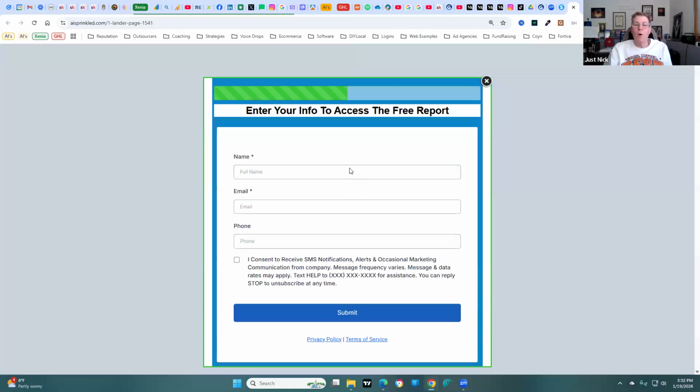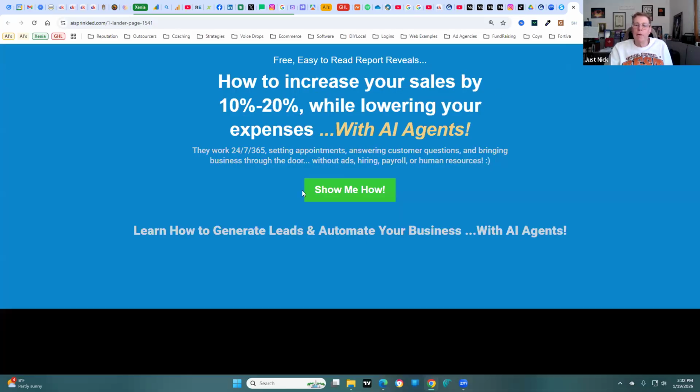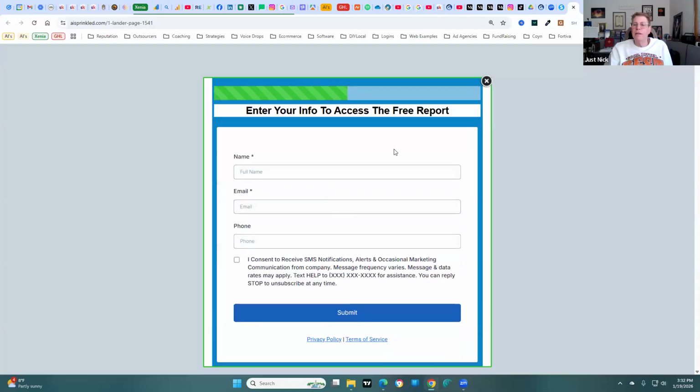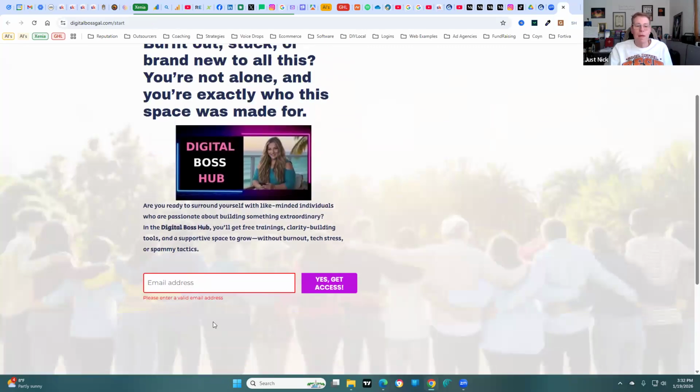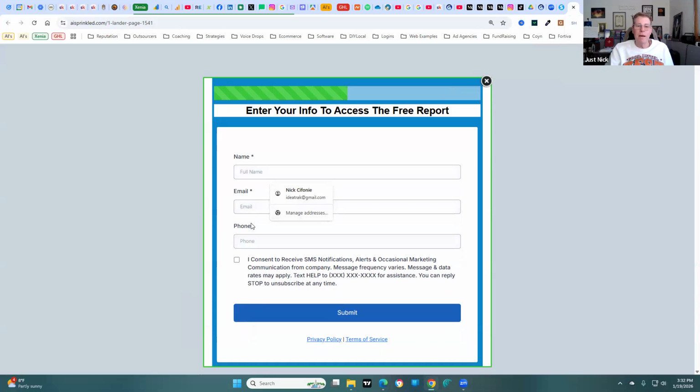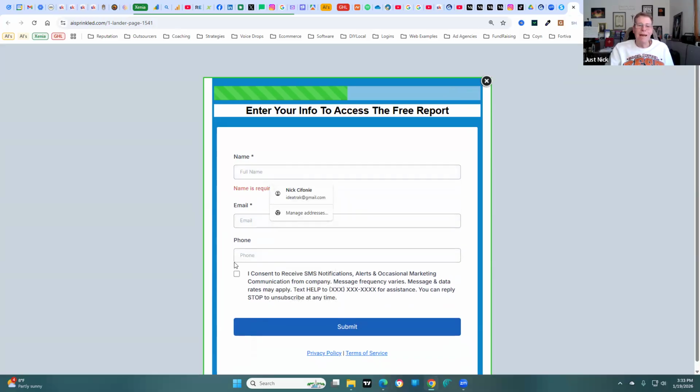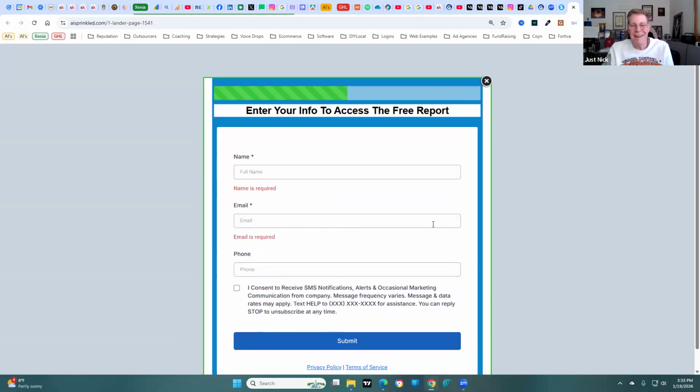Now I'm using something different here. You say show you now, and it opens a pop-up. This is the capture form. Now you don't have to use a pop-up, it's up to you, right? I'm using a pop-up, they click the button. This is the lead capture form. In her case, all she's asking for is an email address, which is a good strategy. I'm asking for name, email, and potential phone. And the reason I ask for the phone is that if I get their phone number, I can send them texts too, if I want to. I don't send a lot of texts. Well, I guess I do. Anyway,